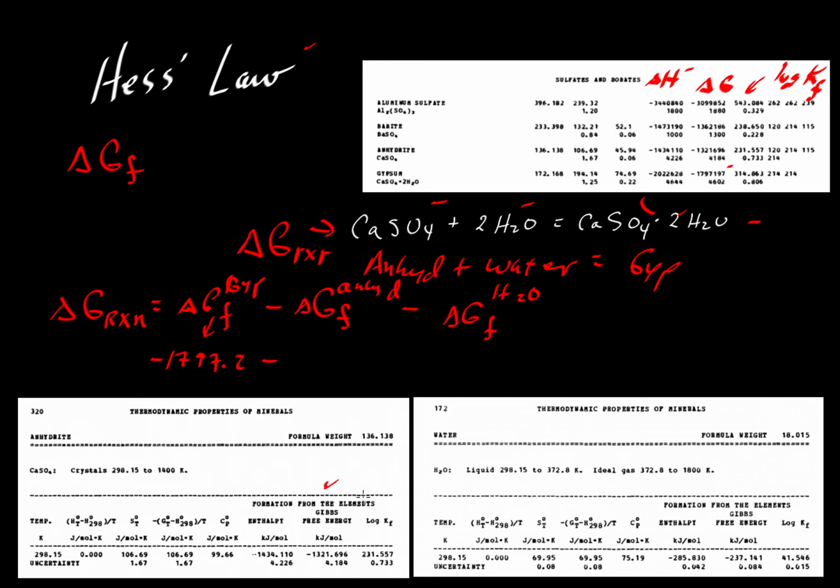And then we'll subtract from that the value over here of 1321.7, well, we'll just call it 7 for now. And then minus, and then we've got another negative value for water, which is down here. So that is minus 237.1. And so if we sum all those together, then the total that we get is minus 1.3